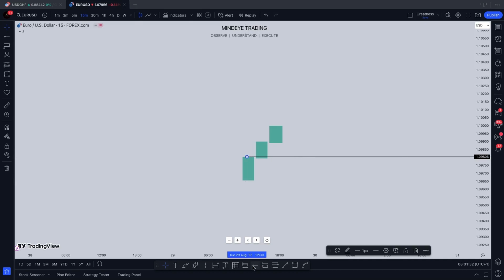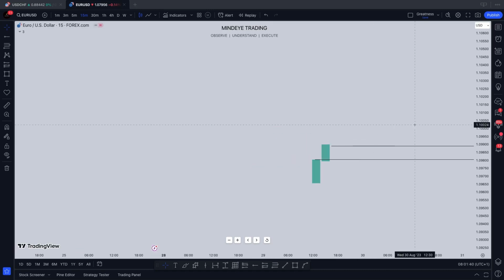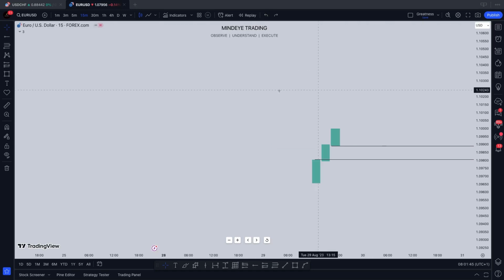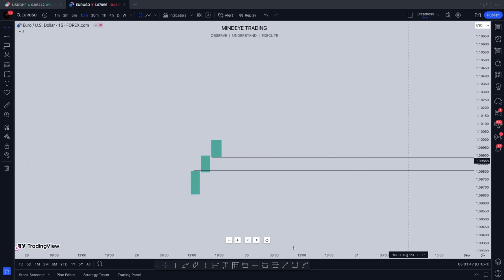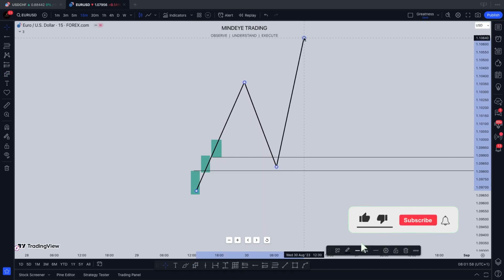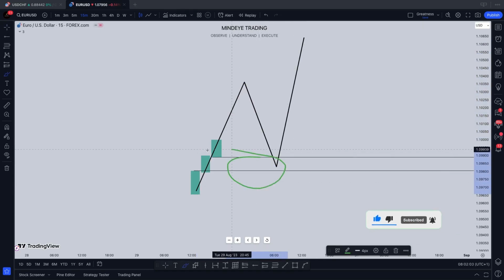So the close of that candle and the open of the third candle, the gap between this open and close, is referred to as imbalance. The gap between this open and close is referred to as imbalance. So it is believed that when the market moves up this way and creates this imbalance, it will most likely come back to this imbalance and continue to the upside. So this imbalance is more like a magnet to price, which will drag it back to tap it before going to the upside. And most times it will break it.